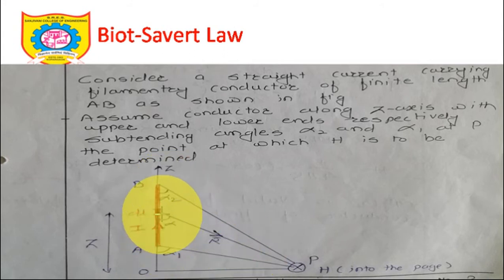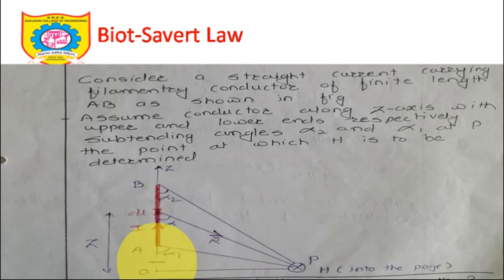Then the next thing is this angle alpha, between this elementary length dl of the conductor and the point of interest. So alpha is the angle made by the differential length element, alpha 2 is the angle made by the end point of this current carrying conductor, and alpha 1 is the outer angle made by the initial point of the conductor with the point of interest, and we are supposed to calculate dH bar at this particular point. Once we understand that, let's go to the derivation.